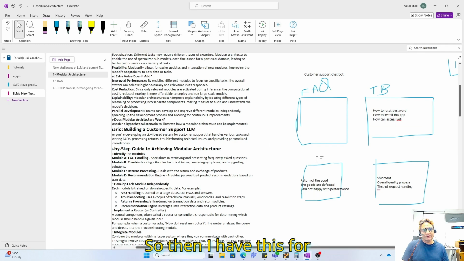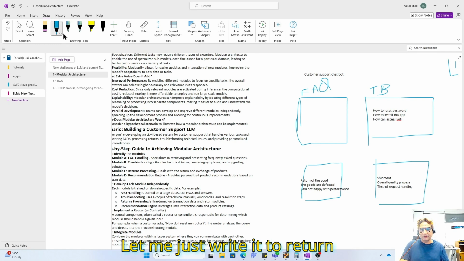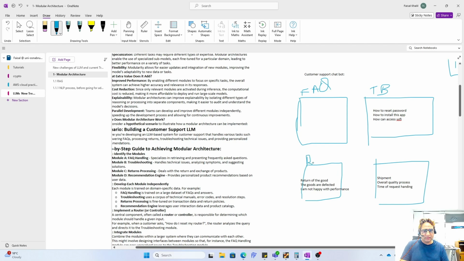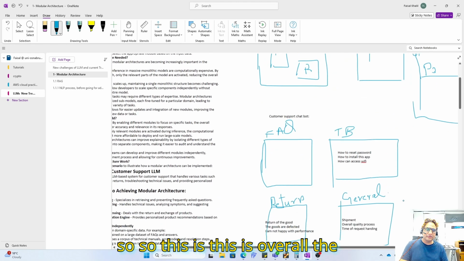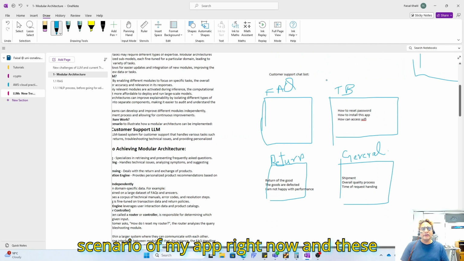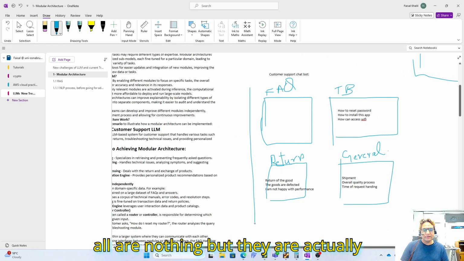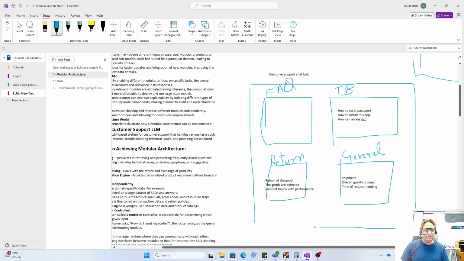Then I have, for example, return, and then general purpose. So this is overall the scenario of my app right now, and these are nothing but AI LLM models.